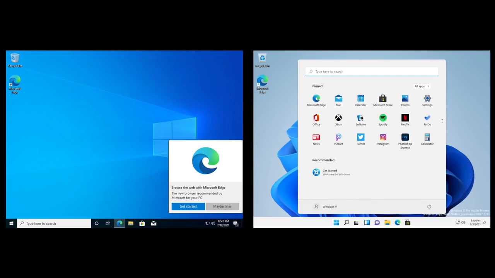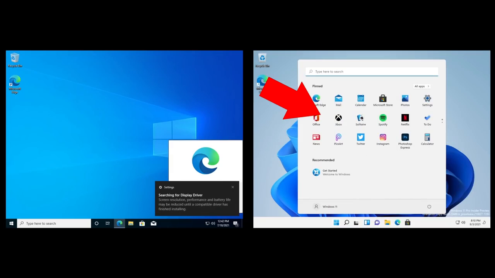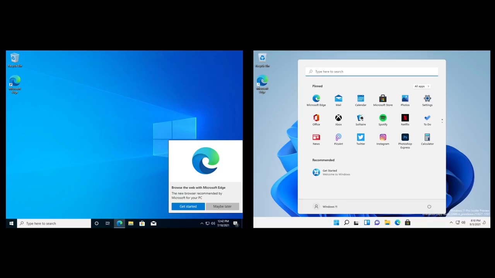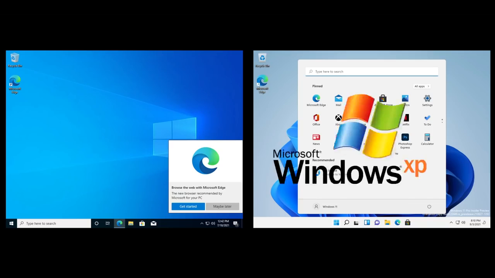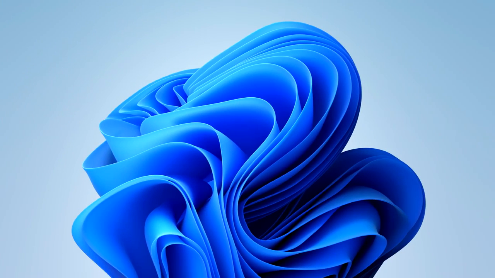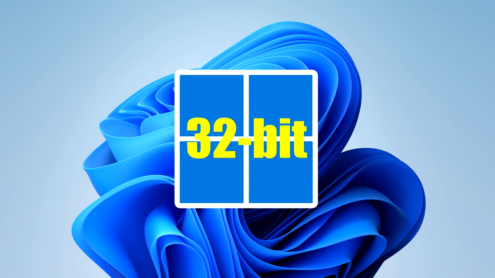And an interesting little find, when the entire setup process is complete and you get to your desktop, the start menu will now automatically pop up, which is just not what happens in Windows 10. If you know Windows history, you'll know that this is exactly what happens after you're done setting up Windows XP as well. Final important thing to note is that you'll no longer be able to install Windows as a 32-bit